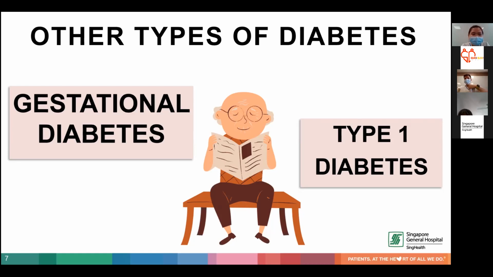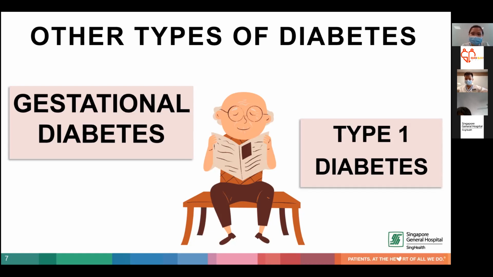This group of women usually will require specialized obstetric care to prevent complications that will affect your baby. Usually after delivery, gestational diabetes can be reversed and the woman can continue to live life as per normal,